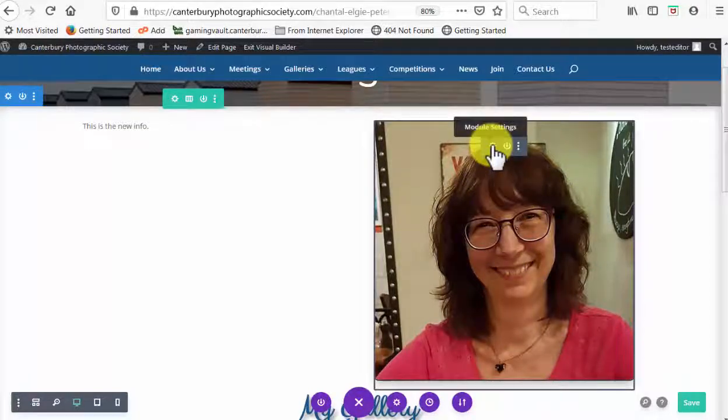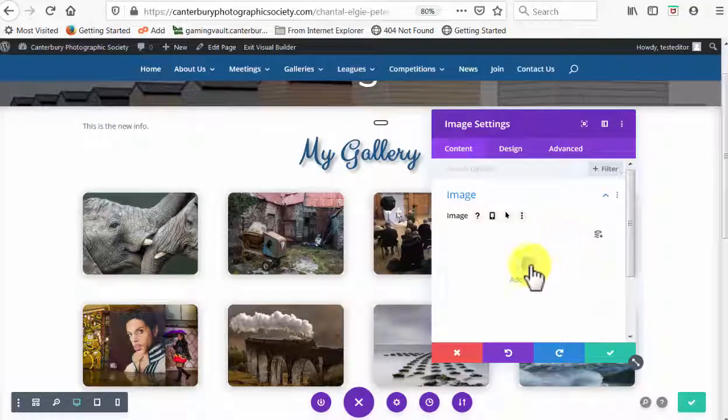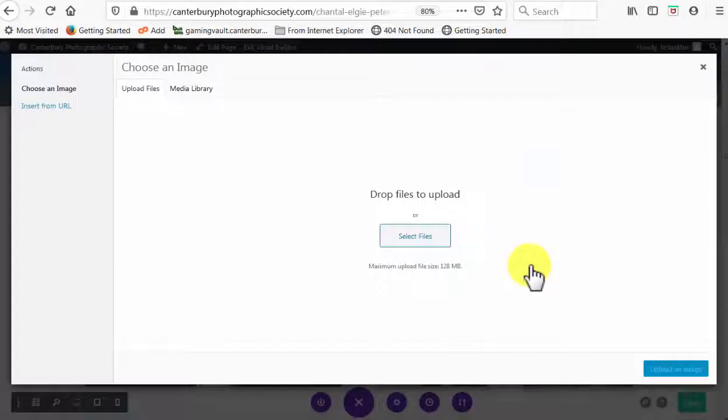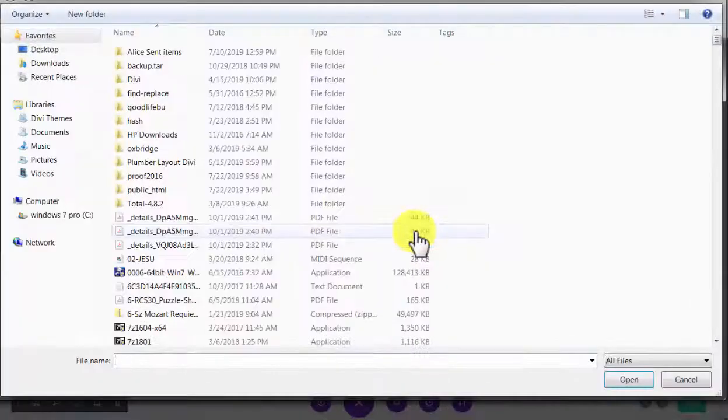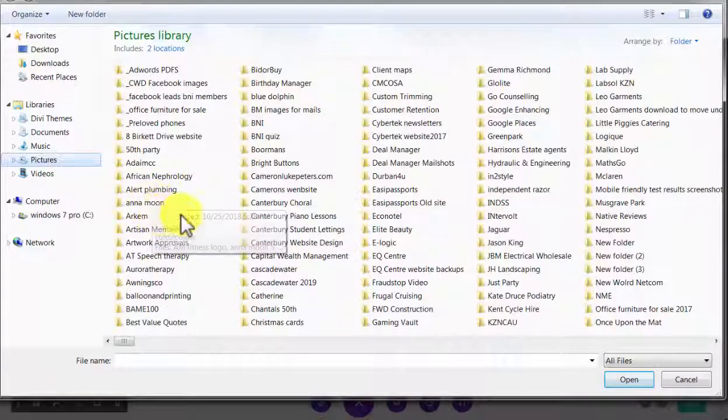Now we're going to change Lynn's face here to your own. So again, clicking on the module settings, this module is an image. You can see it's in there. We want to delete what's there currently, and we're going to add an image. We're going to need to find the image on your own computer and upload it so that we can use it. So we go select files,